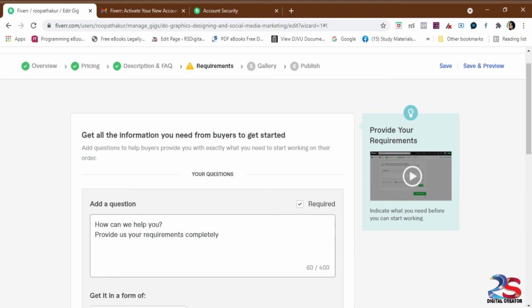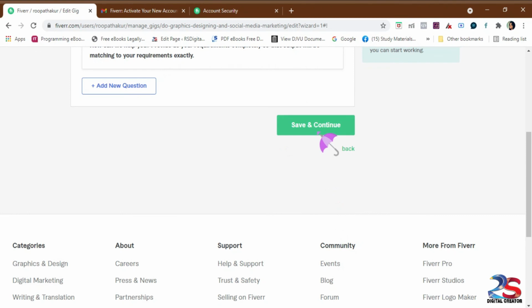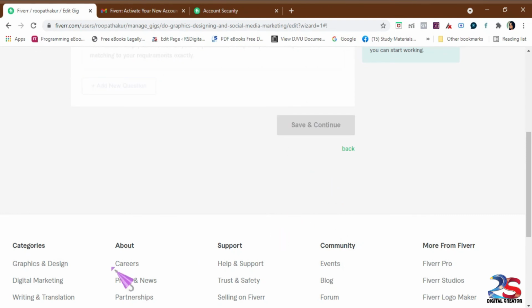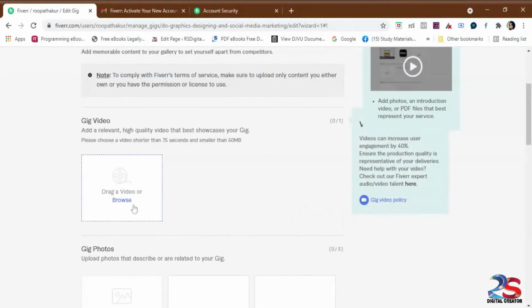You can attach a file if you have any file, or you can attach a Google form asking all these questions and paste the link here. Otherwise you can type it here, all the questions only, so that they will read and they will get back to you with answers to your requirements. Okay, so this is important when you are going to have an interaction with the client. Then click on continue. So once it is done, your gig is ready.